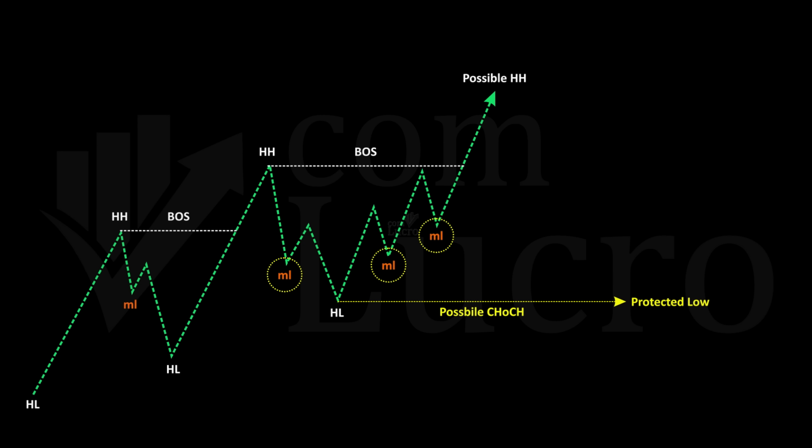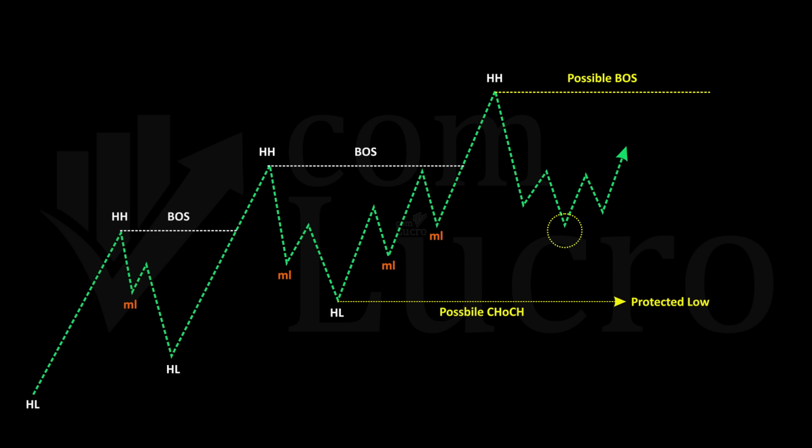Now, here is another critical concept to understand. A level can only be classified as a major swing after a valid break of structure has already taken place. For example, this low cannot yet be considered a major swing low until price delivers a confirmed break of structure. This level represents the highest price recently traded, and a break of structure only becomes valid once price clearly pushes